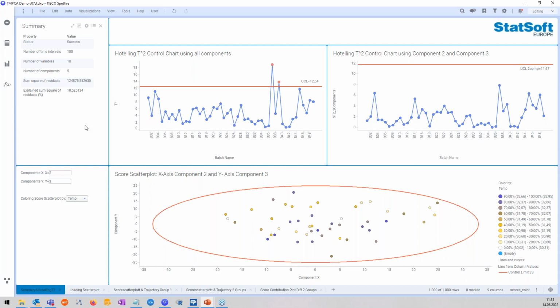So let's maybe look at this here first. This is obviously example data. In our original manufacturing process, we have 10 variables, 10 measurements that we observe. And the model that has been applied here has reduced these 10 measurements down to 5 components. That's kind of the MSPC process. It's reducing the measurements down to components, and these components kind of bind similar measurements together.